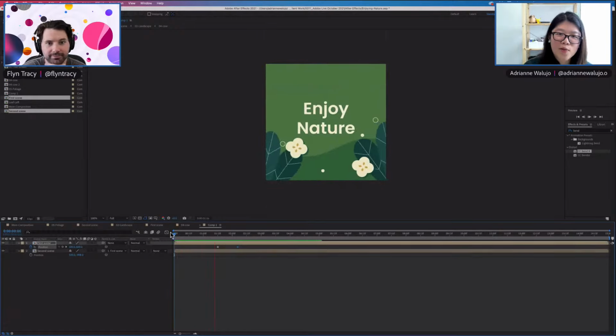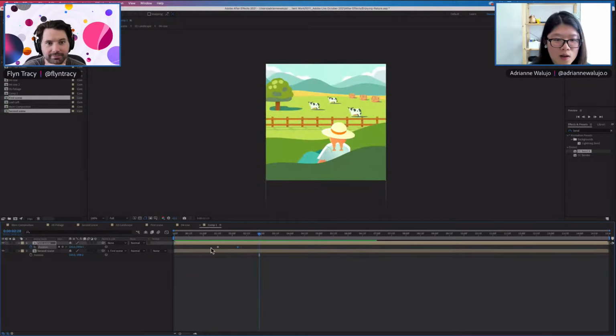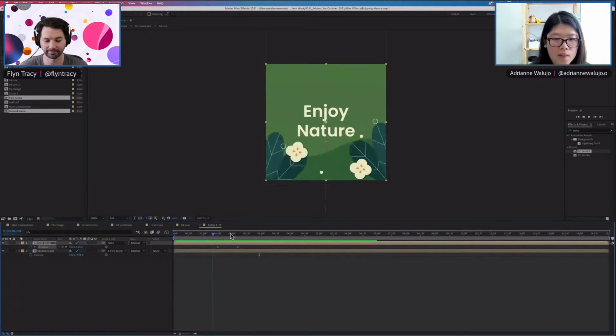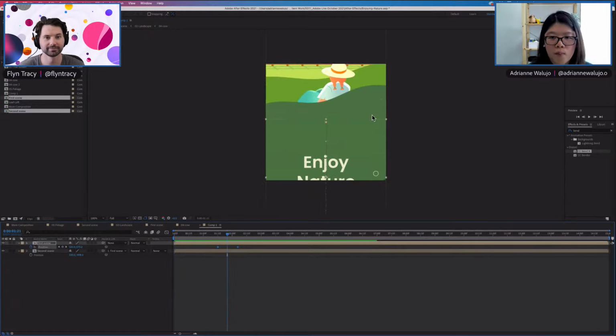Yeah, it helps if you can plan it beforehand. For instance, if I didn't plan ahead, perhaps I'd add more elements here which make it hard to create that scene. But because I know this is a solid color, I can easily put another frame before that with the same color that overlaps. Yeah, so it's really cool.